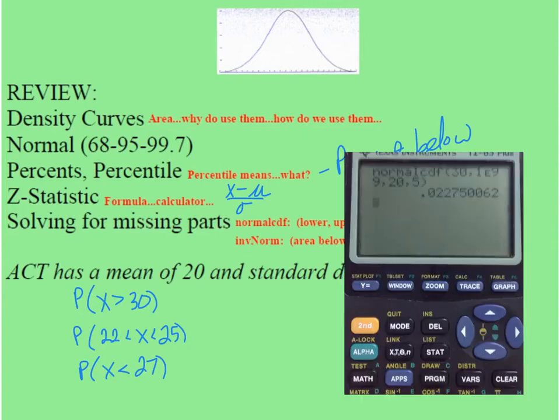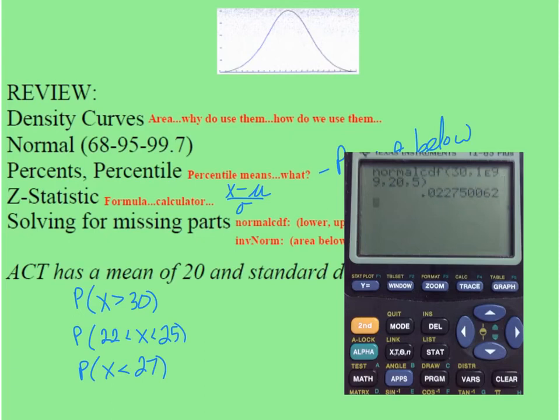Okay, so let me just remind you where this stuff is. You go to distribution, so you'll press second, VARS, and you'll find normal CDF. That normal PDF, we're never going to use. Just forget about it, okay? So we're using this, and this is finding area. That's why we use it. We want to find the cumulative area. So I put the lower bound. I want to know from 30 and up. So remember, we use the 1E99. That serves as a 1 with 99 zeros after it, okay? And then we simply put in the mean and standard deviation, and it spits out that proportion that lies above